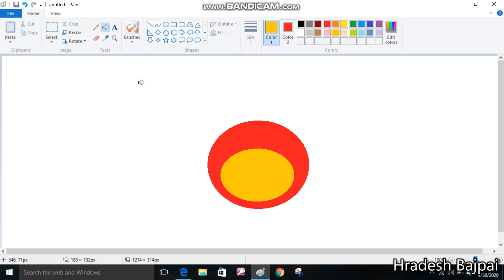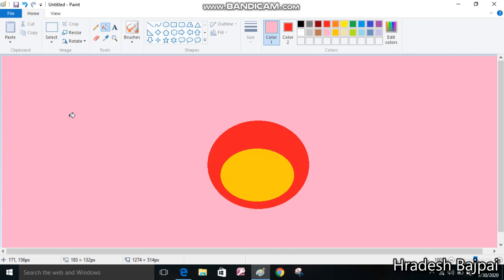Okay, next is the use of the color picker tool. As I told you at the beginning of the class, this color picker tool is used if you want to choose any color from the screen, so you can choose this color picker tool. Anywhere you can use it. Like see, right now I'm just going to fill this pink color in the background of the page. Now see what happens when we use the color picker.